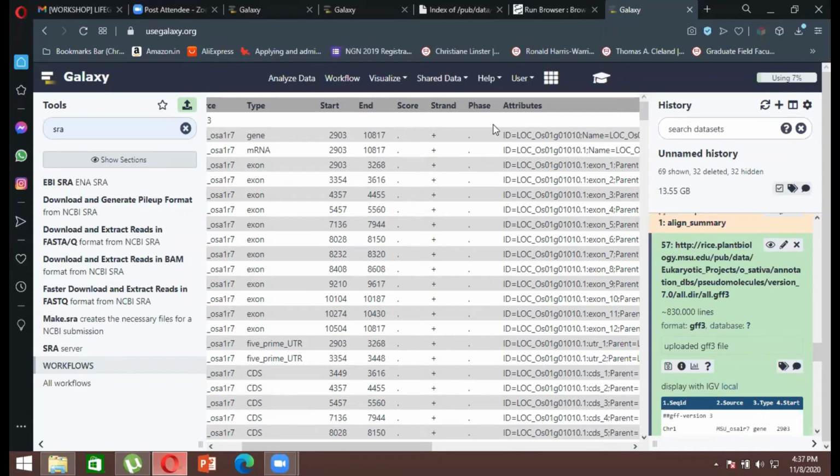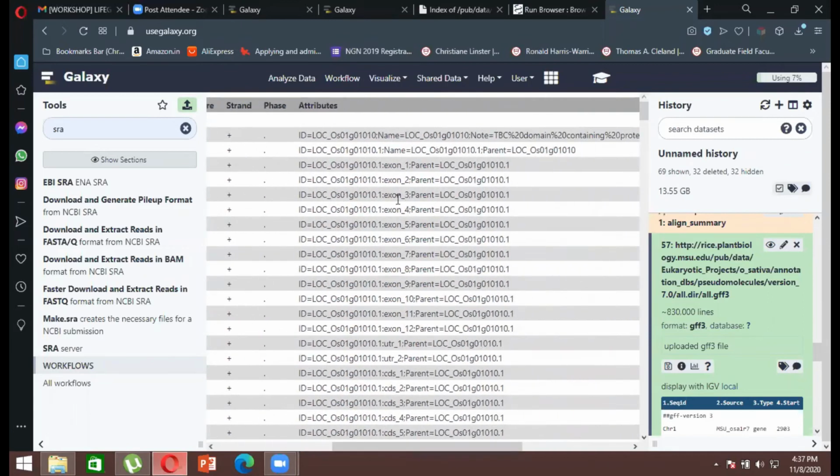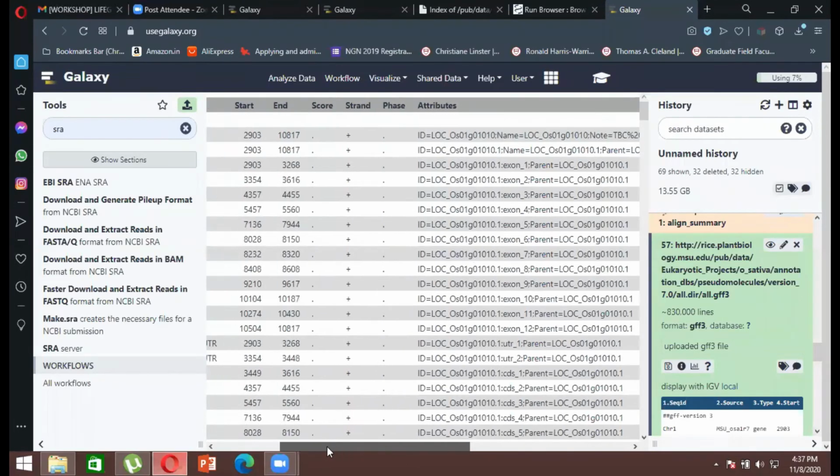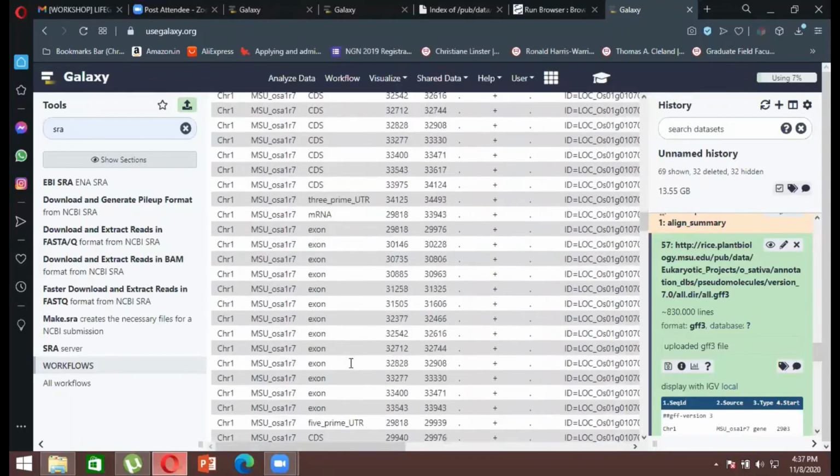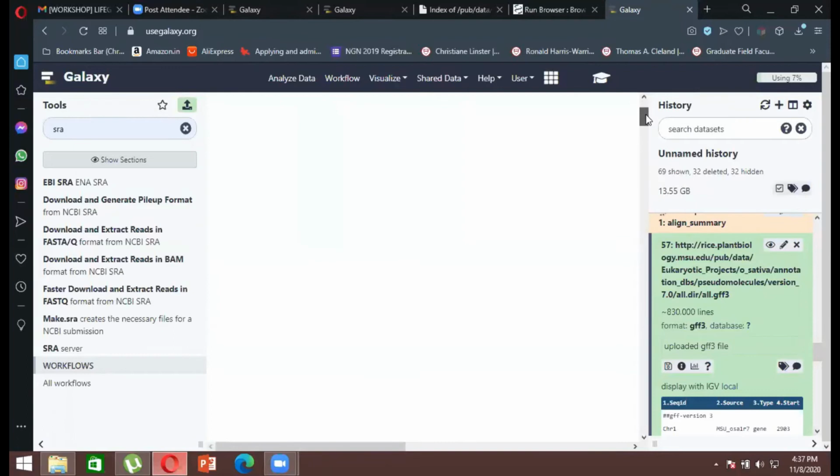So thereby score doesn't have anything, phase doesn't have anything. And then you have your attributes. These attributes basically talk about your ID, so it assigns an ID. LOC basically stands for your locus, and corresponding to that locus, this is the address of that locus, like where your specific sequence is, right? So you have all these things for exon, and then the parent file, if it is a UTR file, if it is an exon. So you get all these data sets over here, and there's a huge set of data you can go and find out, right? So these are the data that you have now created, right?